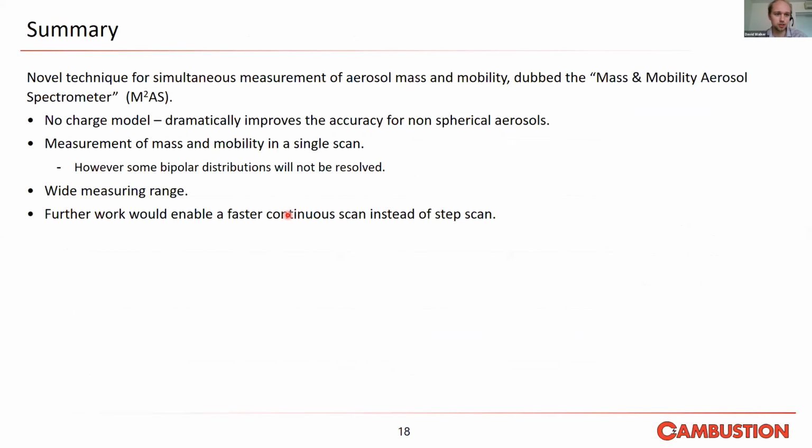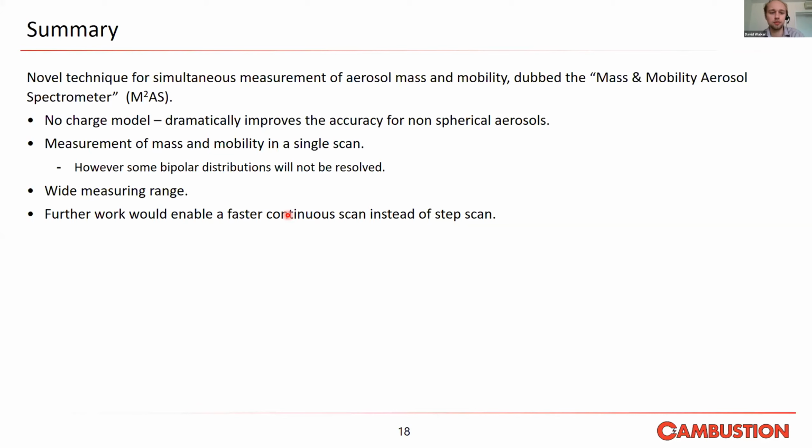Which I think leads me on to my summary. So what we've got here is a new instrument for measuring aerosol mass and mobility, which we've dubbed the mass and mobility aerosol spectrometer, or the M²AS. And this allows simultaneous measurement of mass and mobility, unlike other techniques which require some sort of tandem scan, which is very slow. However, there is a potential flaw, which is in some bipolar distributions or multimodal set aerosols, if